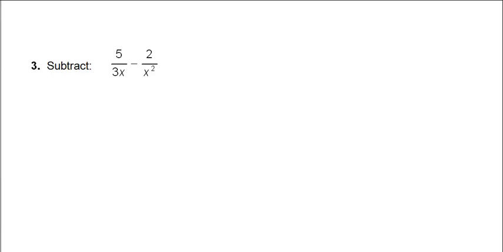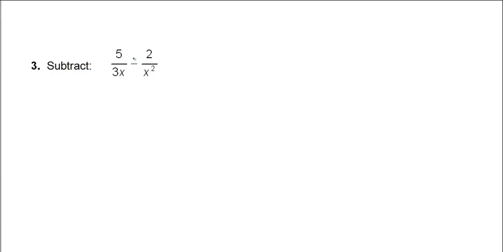Subtract 5 over 3x minus 2 over x squared. So what we're doing in this problem is subtracting fractions. In order to add or subtract fractions, you need a common denominator. But before I do that, what I usually do when it's a subtraction problem, subtraction is the same as adding